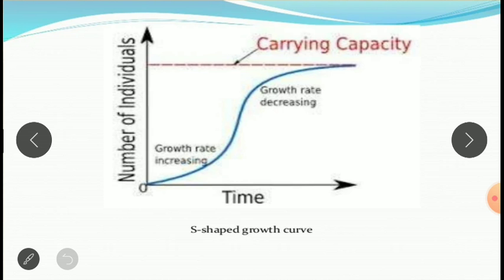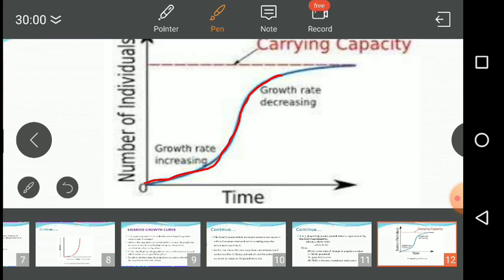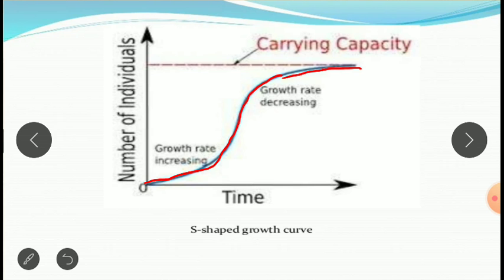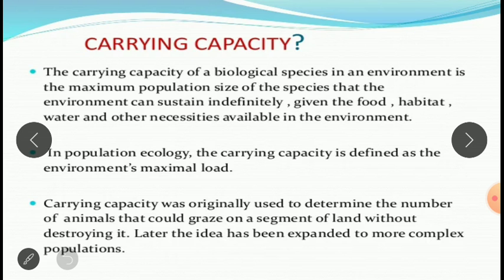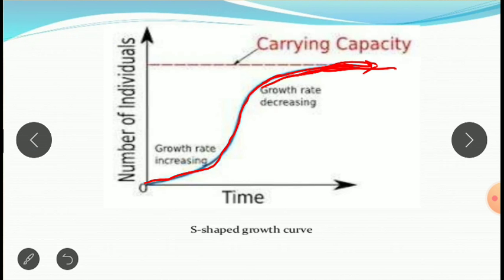At the start, it is the lag phase, where the population increases slowly. Then comes the acceleration or logarithmic phase, when the population increases rapidly. And finally, when the population reaches a maximum limit where the number of the population is equal to the available resources, that is called the carrying capacity, after which the population does not grow, and instead enters a phase of stability. So that is called your sigmoid curve or the S-shaped curve.